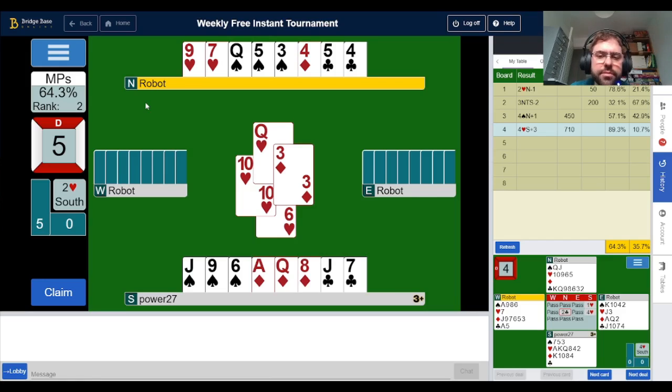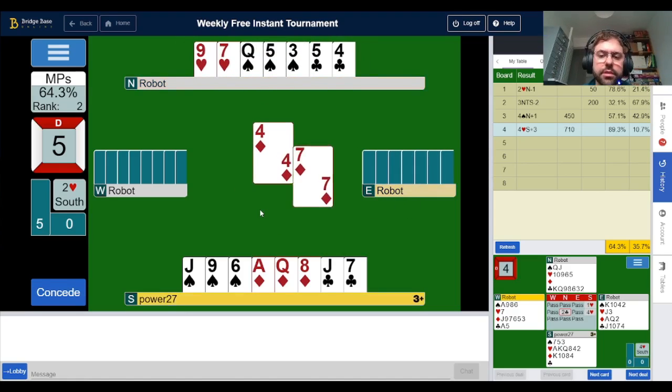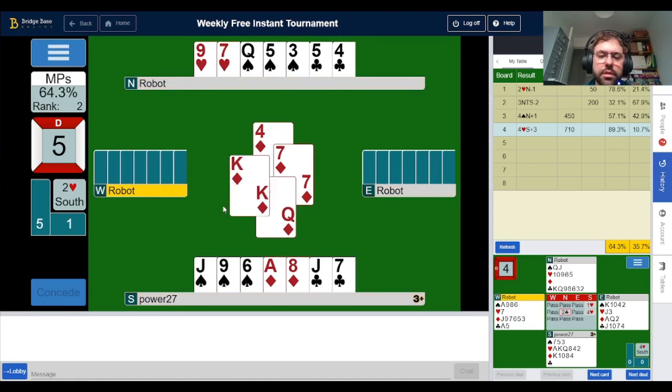So my clubs are good. I mean, I've got at least 10 tricks here. I think I can take the diamond finesse in safety. Because either it'll dispose of a spade, or obviously if it wins I can throw a spade. And that'll be 11 tricks. Okay, it lost, but